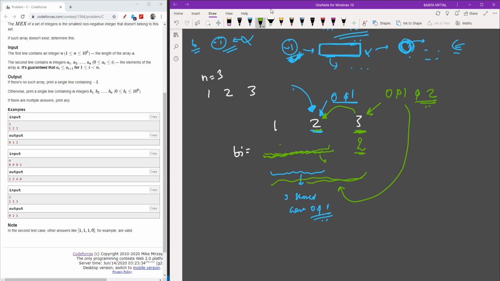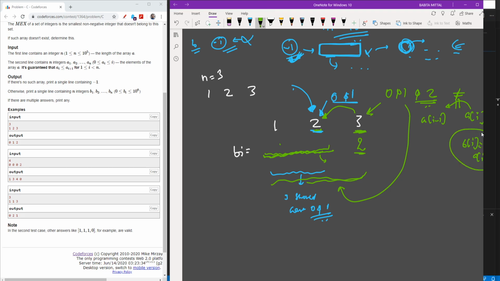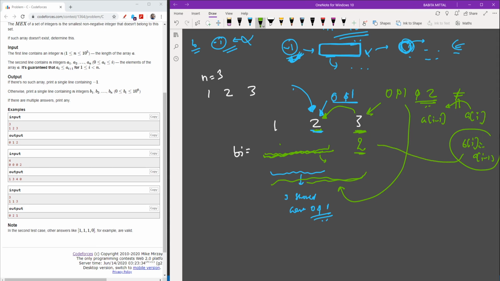So the first intuition which we can get from here is, if I have an a_i and an a_i minus 1, and they are not equal, understanding they are not equal, then the value of b_i will always be a_i minus 1. Understanding why? No, let me extend it back. I clearly showed here that if I have 3 and the previous element was not equal to it, the value of b_i will always be 2.